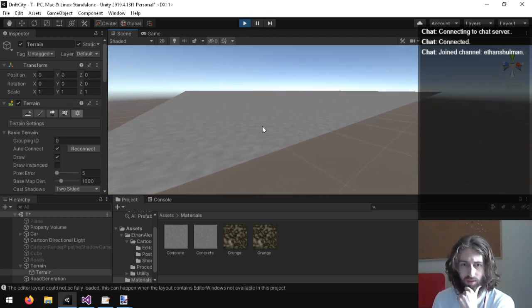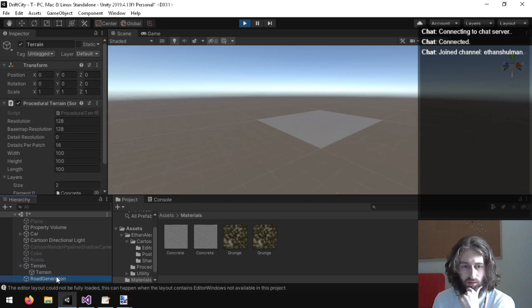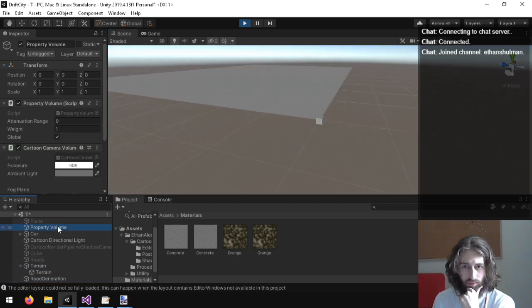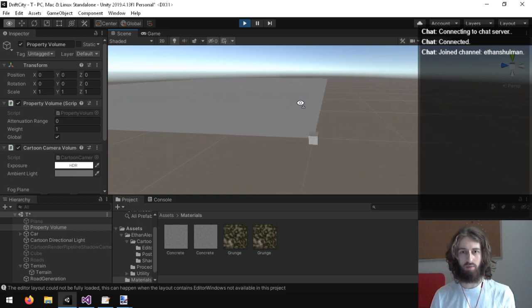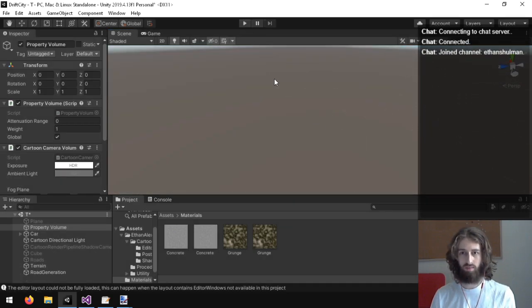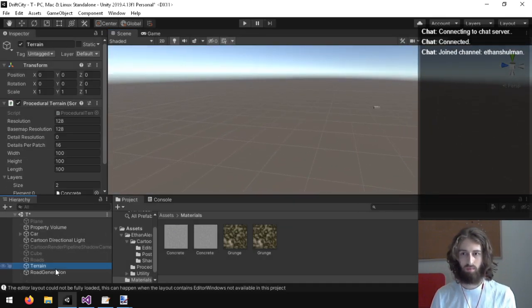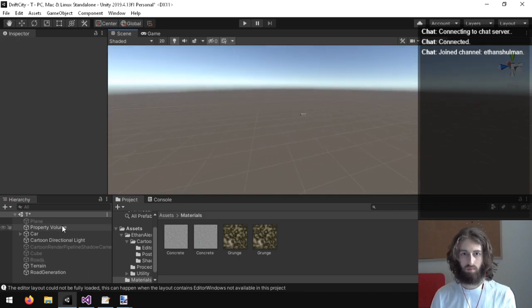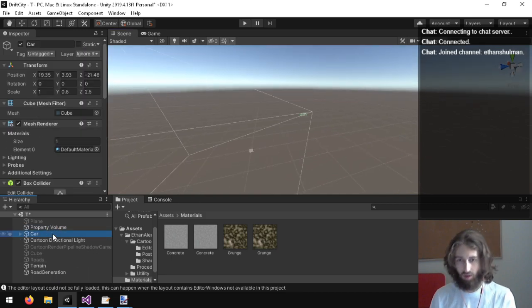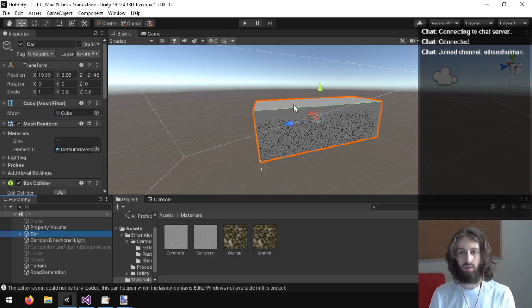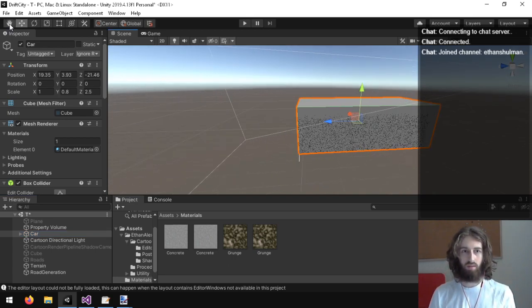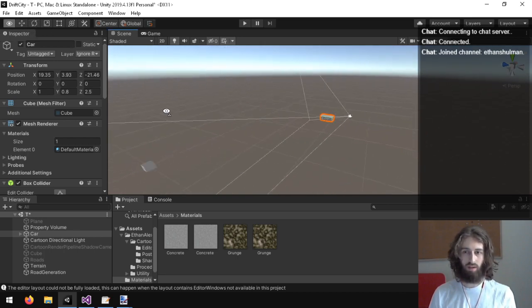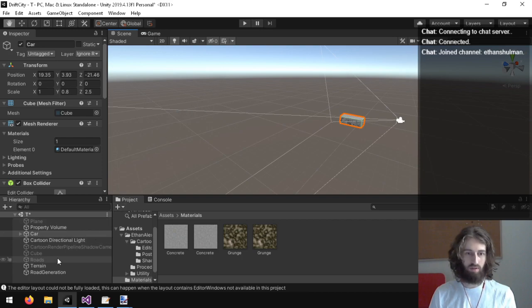Where are the selector gizmos? Like, where are the object selectors? Did I turn them off and I'm just stupid? Wait. Hand tool. Move tool. Okay, yeah, so I had it set to hand tool and I just didn't even realize.